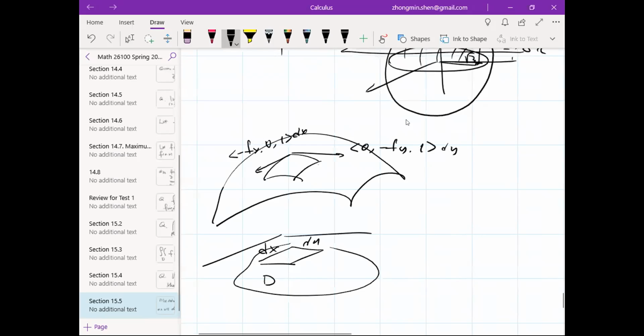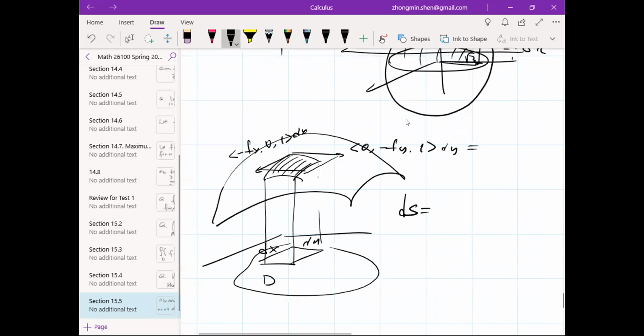This is just above that piece. So you want to estimate the area. The area is approximated by this parallelogram. All right. So the area dS is going to be